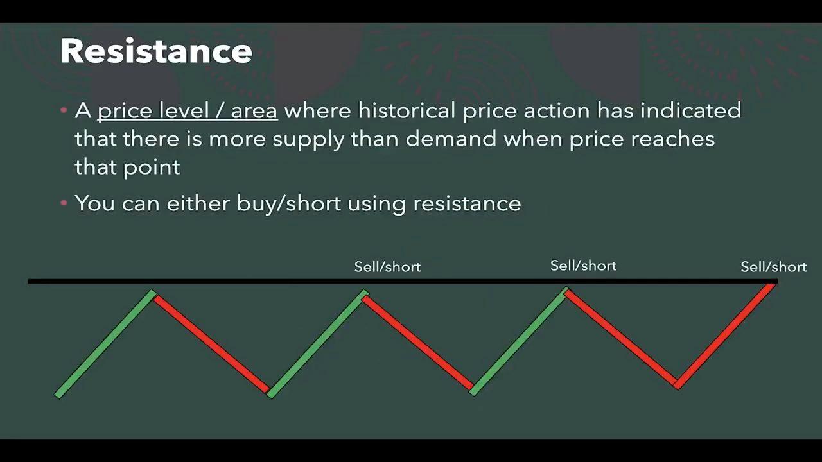So let's continue on, and we're going to be talking about resistance, okay? So resistance is a price level or area or zone where historical price action has indicated that there's way more supply than demand when price reaches that point. So in other words, there are way more sellers at that point than buyers, right? And once again, you could either buy or short using resistance. So for example, you could look to sell your position at resistance. Let's say you bought it down here. You bought it at support. You could look to sell it at resistance. Or let's say it hits a resistance level, you could also look to short it, right? And you have to make sure there's